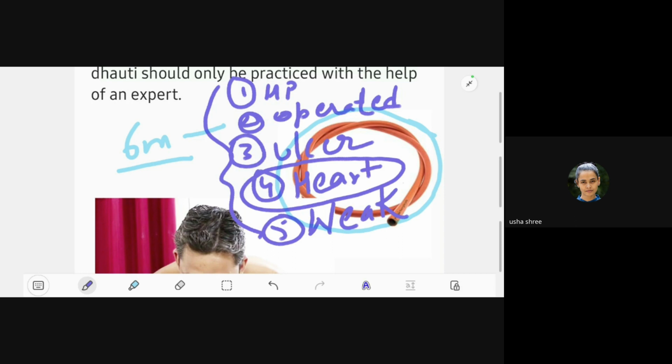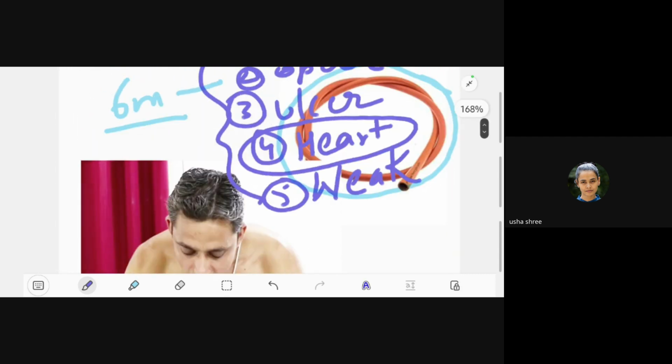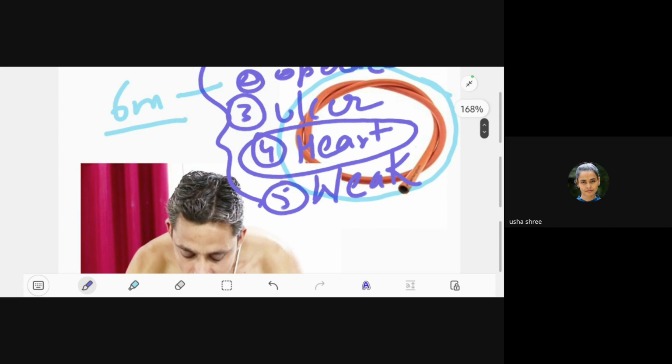Okay. So contradictions are clear, benefits are clear. Always remember there is one beautiful thing. If contradictions are there, benefits are always related to them. It is like the one who cannot do this, the one who can do this. Sometimes it's opposite, sometimes it's related. The benefits are heart problems, congestion, digestion, ulcer problems, the one who feels weak, and it also improves the memory level.